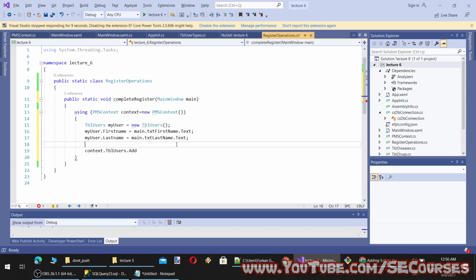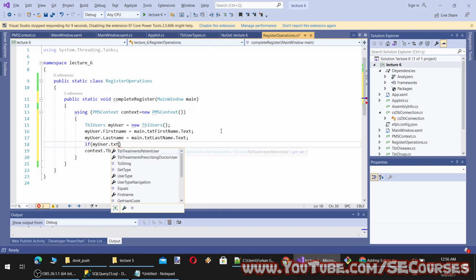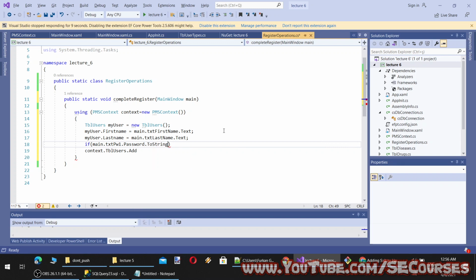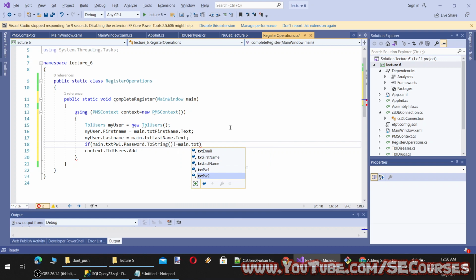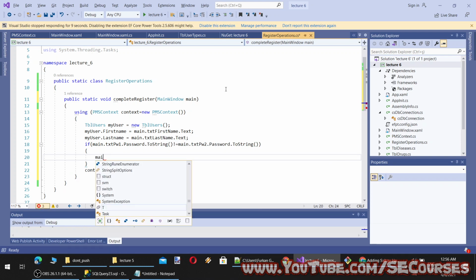It makes sense. So first we need to check, of course, if the password and password verification match. This is a simple check I'm doing. Okay, so then I have to display a message box show.